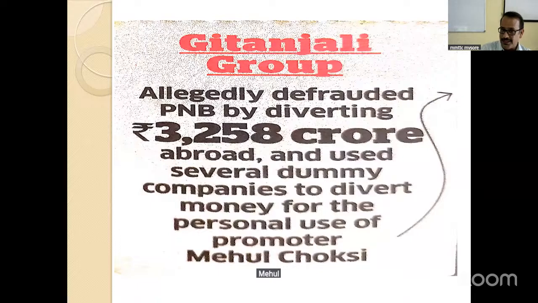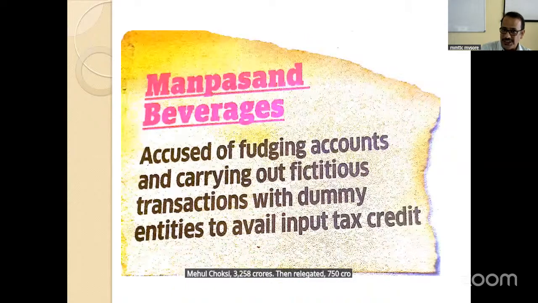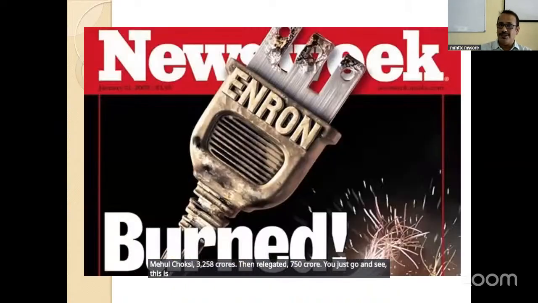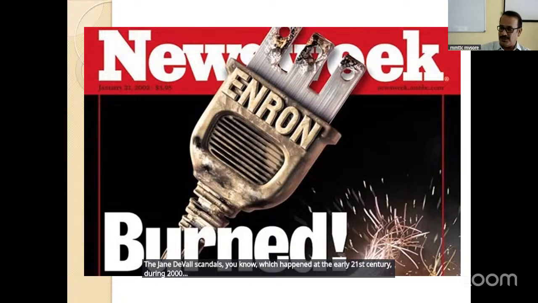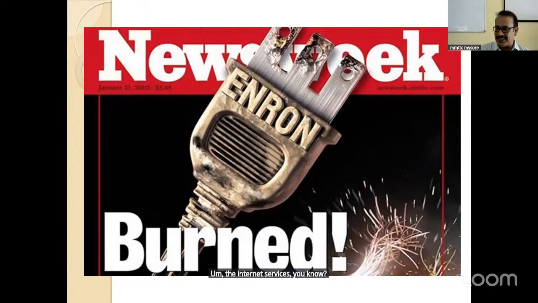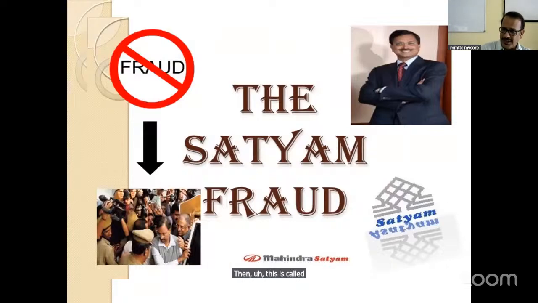Mehul Choksi, 3,258 crores. Then Religare, 750 crore. You just go on seeing. This is the mother of all scandals, the giant of all scandals, which happened in the early 21st century, during 2000 and 2001, when internet services were just making their mark in the business arena. This is called India's Enron, and both frauds have certain similarities,